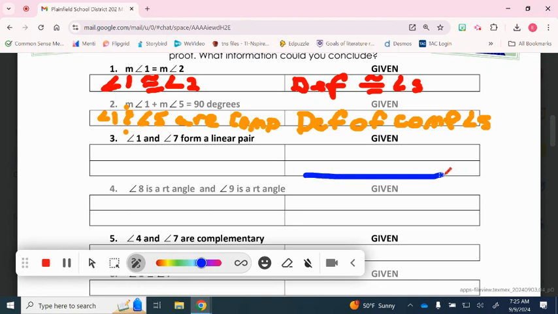I'm just going to draw it here. If I had two lines, or a straight angle with a ray intersecting, right? So we have our three